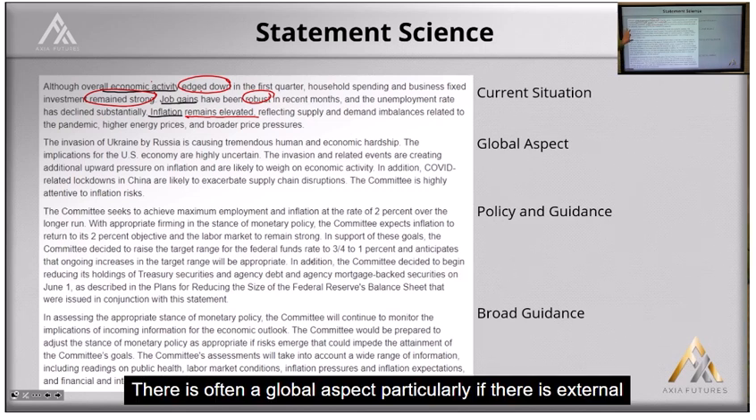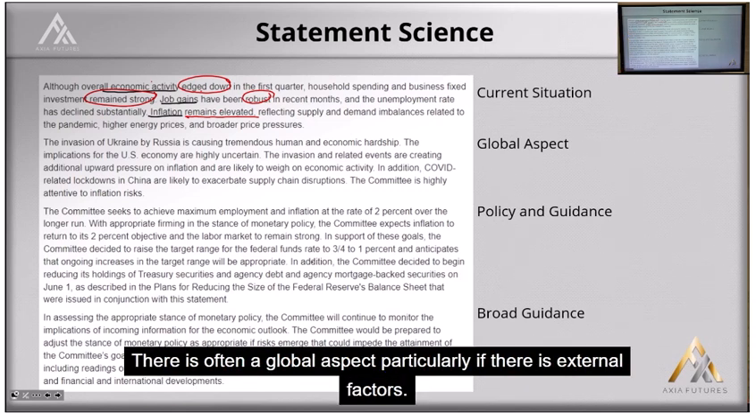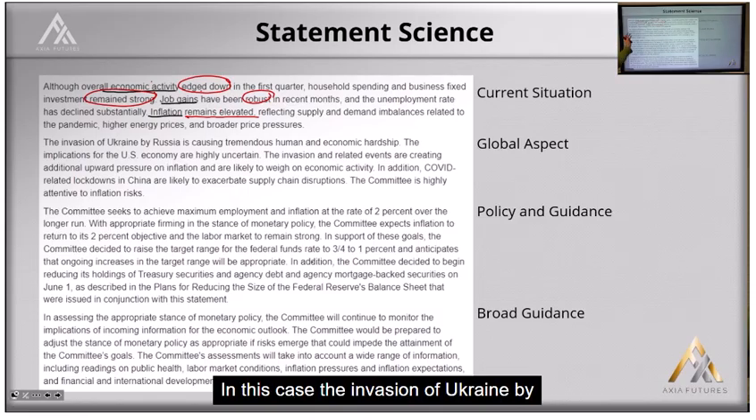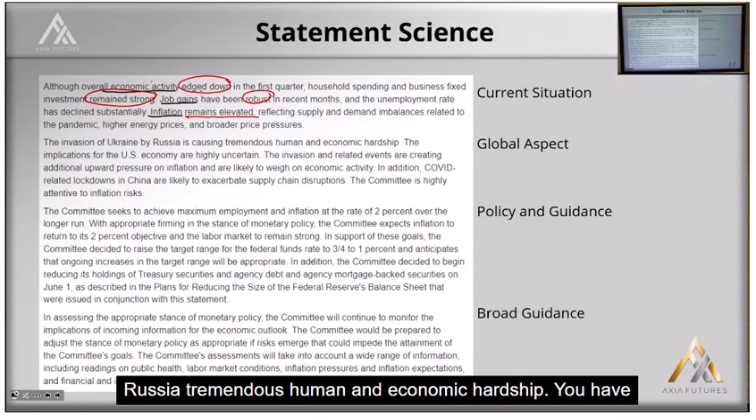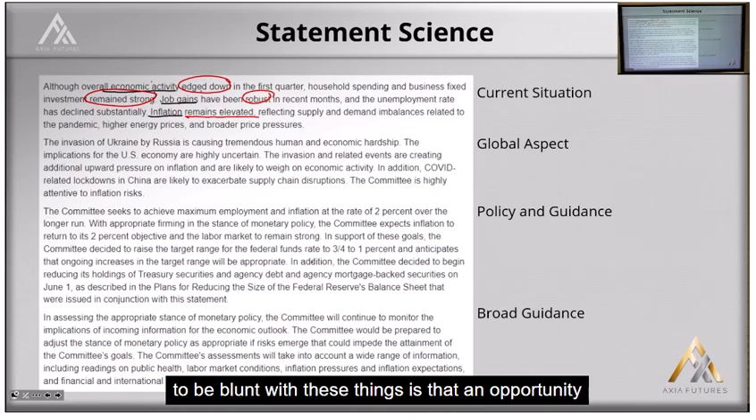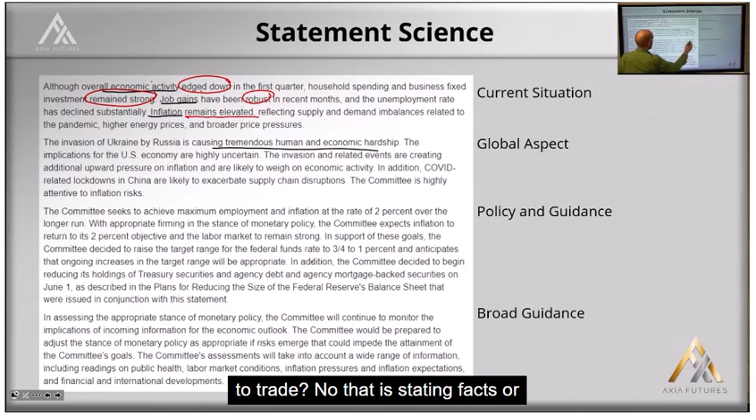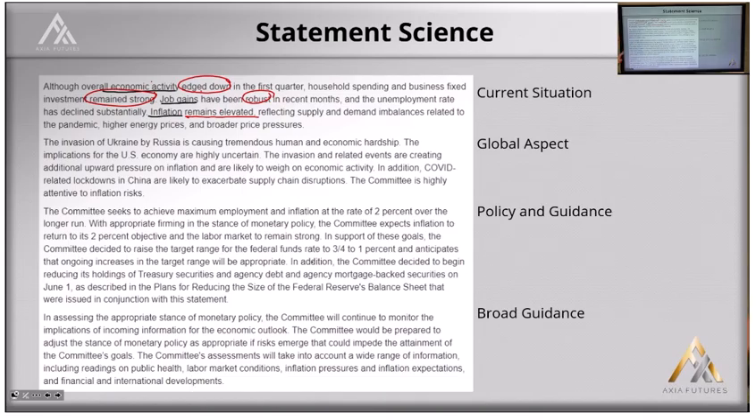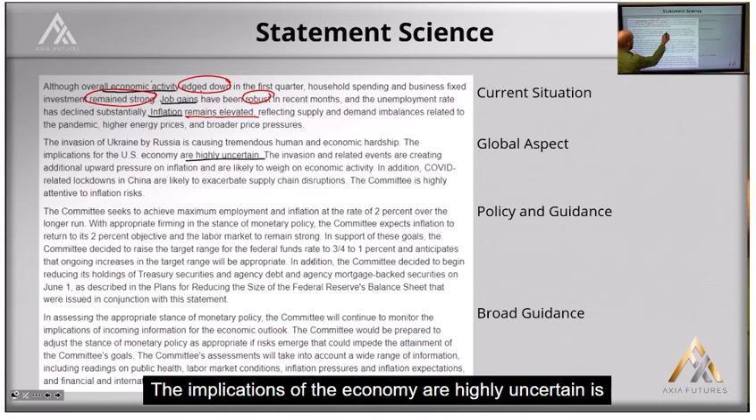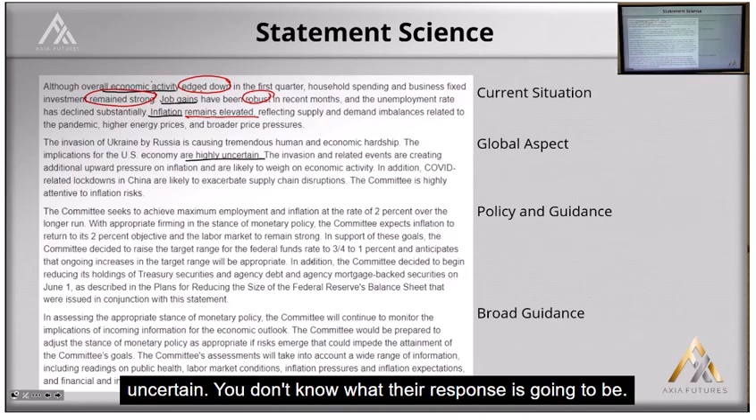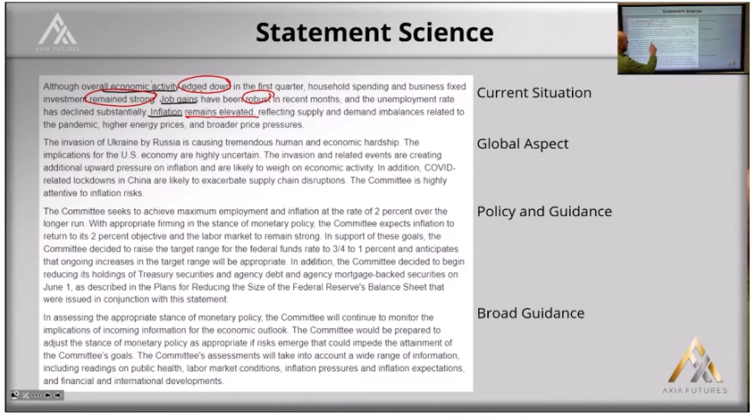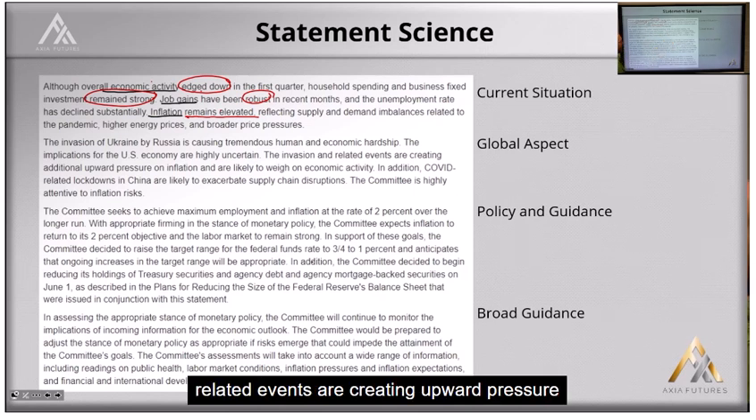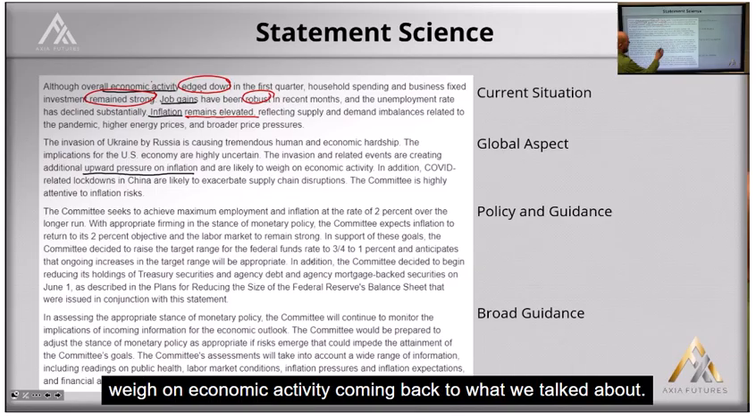There is often a global aspect, particularly if there are external factors. In this case, the invasion of Ukraine by Russia, tremendous human and economic hardship. You have to be blunt with these things. Is that an opportunity to trade? No, that is stating facts or stating the obvious. It has caused hardship. The implications to the economy are highly uncertain. Is that tradable? Not really. If it's uncertain, you don't know what their response is going to be. However, the invasion and related events are creating upward pressure on inflation and are likely to weigh on economic activity,